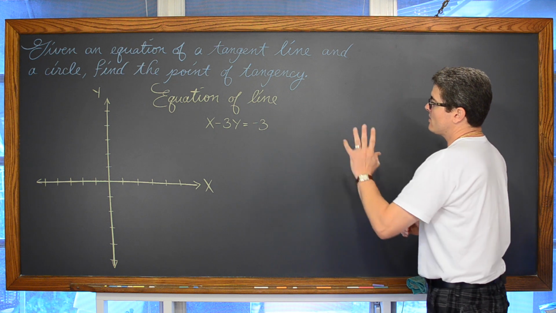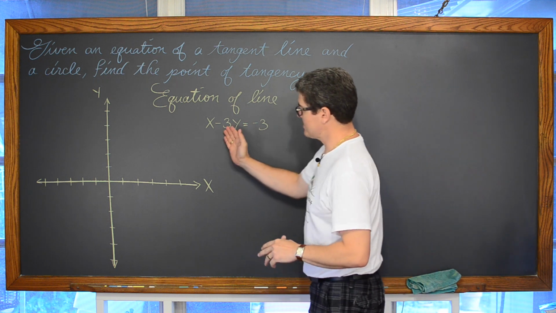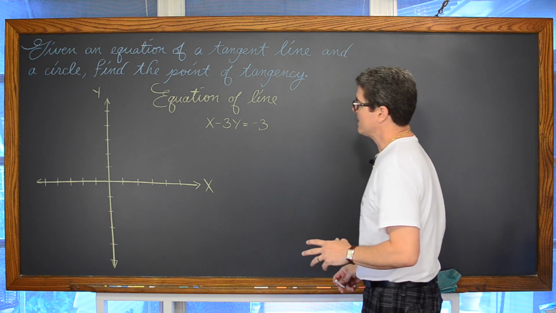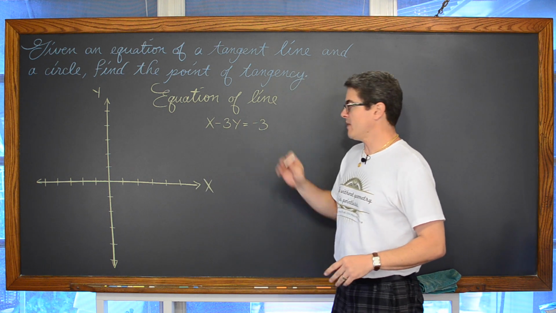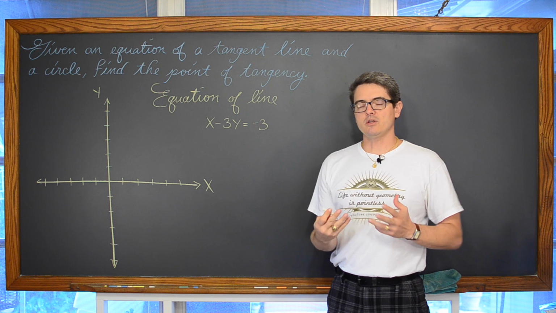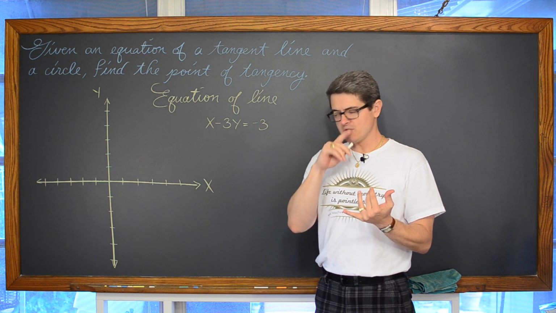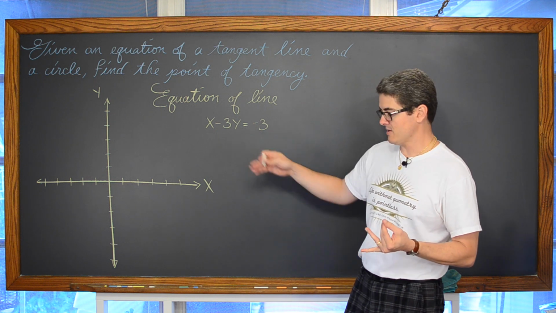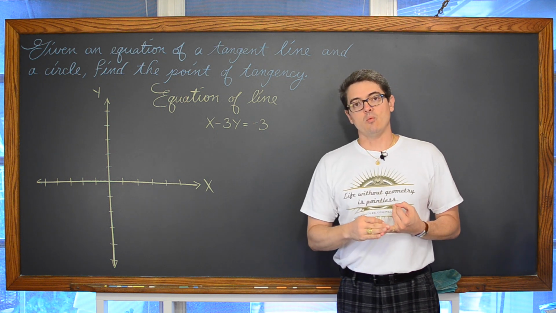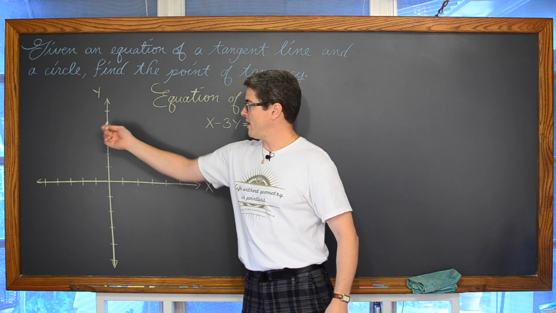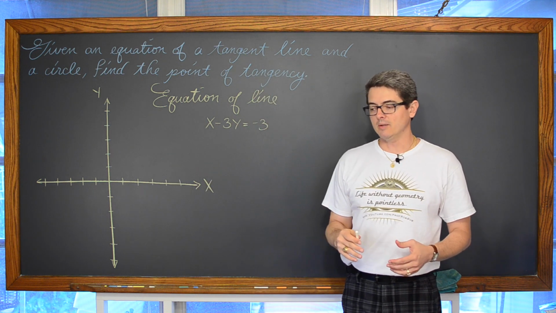Okay. Now, the equation of this line, this is going to be our tangent line, is x minus 3y equal to -3. To graph a line in standard form like this, you're going to want to use x and y intercepts. If you want to find the x-intercept, you let y equal 0 and solve for x, and you're going to find the y-intercept by letting x equal 0 and then solving for y, and then you can plot that x and y-intercept wherever they are and draw a line through it.